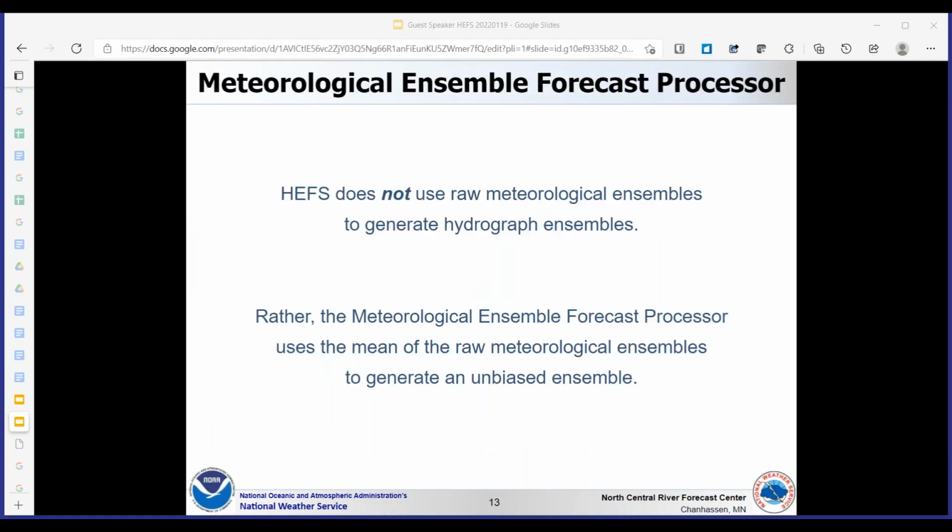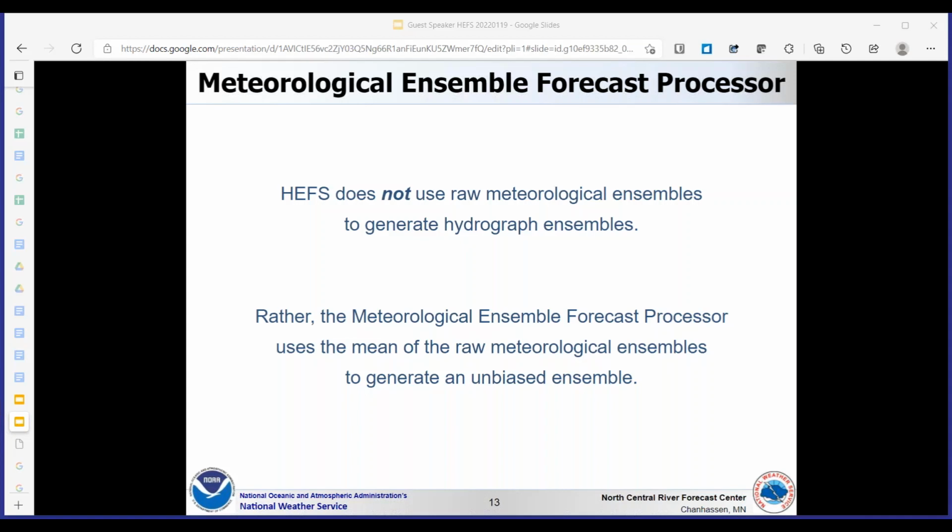I want to be really clear about this next point. I mentioned this earlier, but I think it bears repeating. The HEFS does not use the raw precipitation and temperature time series or ensembles generated by the MET models.